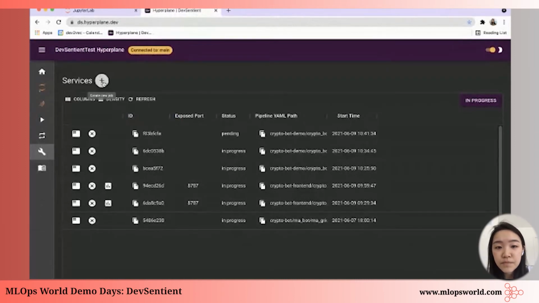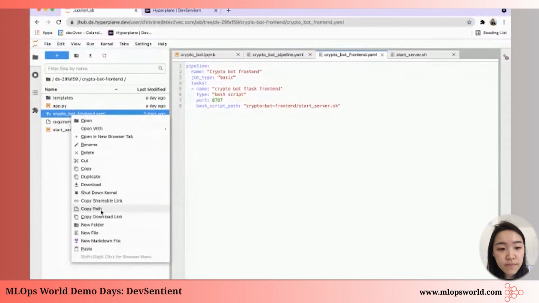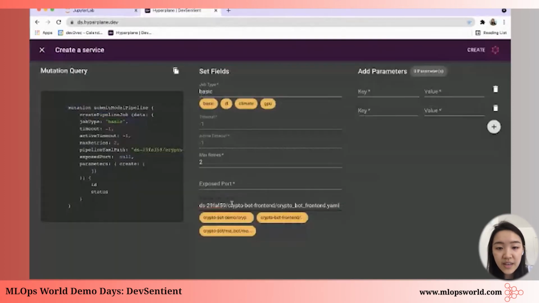job running. Again, the timeouts are set to -1, and I will need my YAML path. Let's copy that. And I want to read from the file clogs.